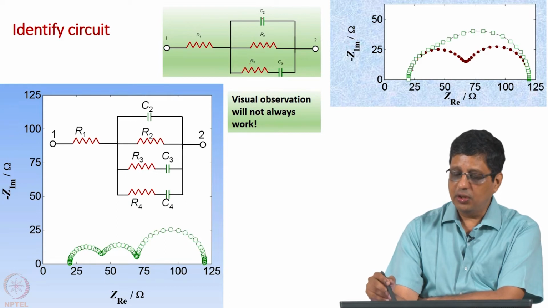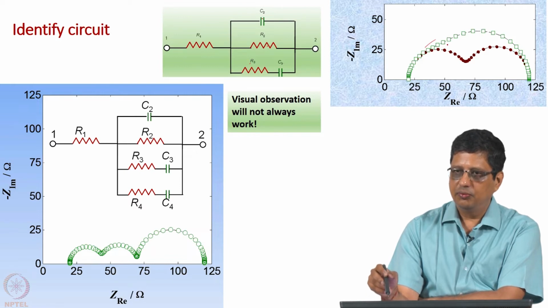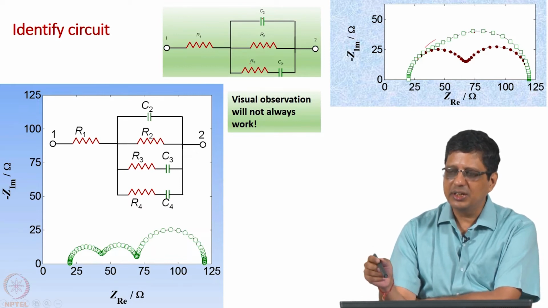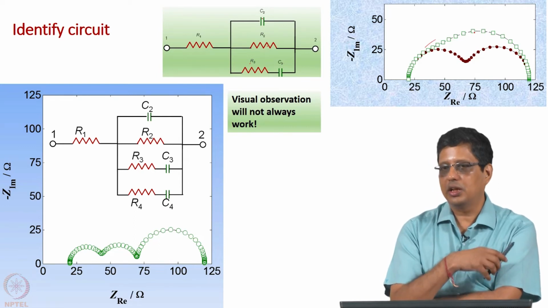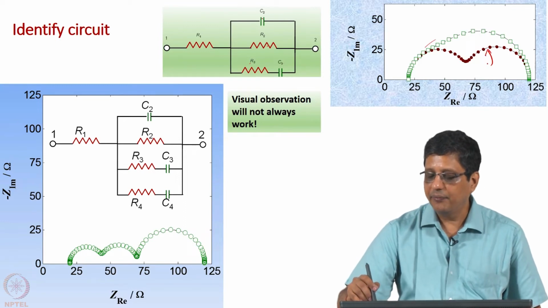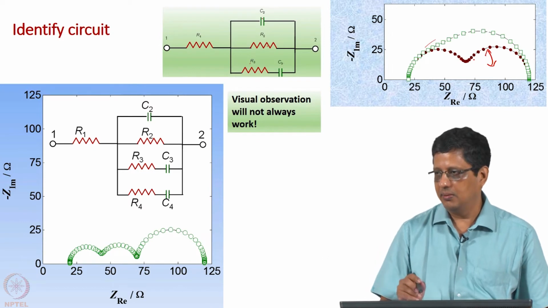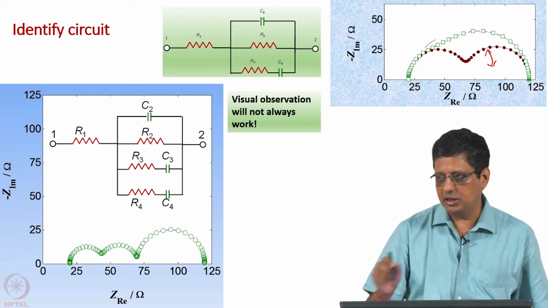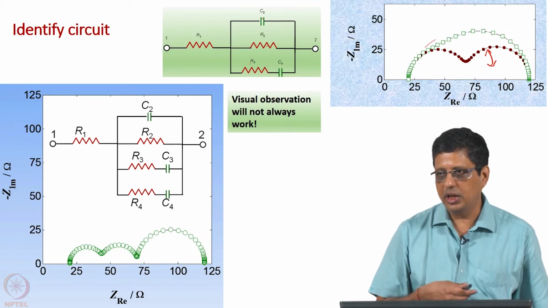And out here if you look very carefully, it is not one loop, it is actually 2 loops, but visually when you look at it, you can say it looks like a distorted semicircle. So, you can't arrive at the conclusion by visually looking at it. You can look at this loop, this data and say I can't model it as one semicircle, that is clear. I need minimum of 2 semicircles to model this, but I may need more. I will have to really look into that.